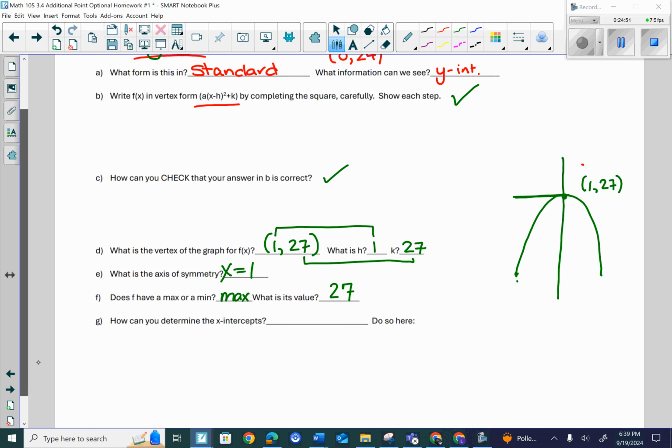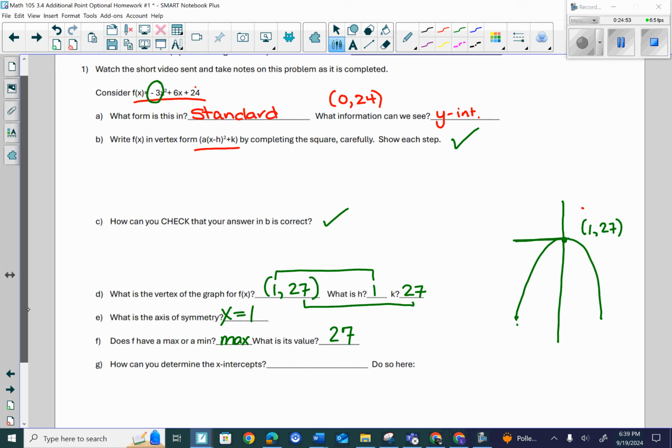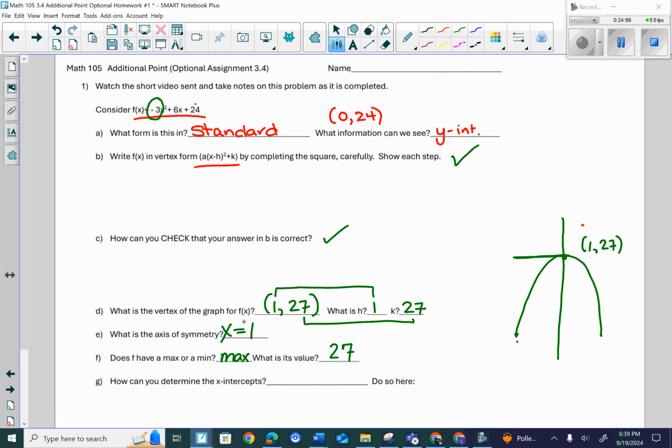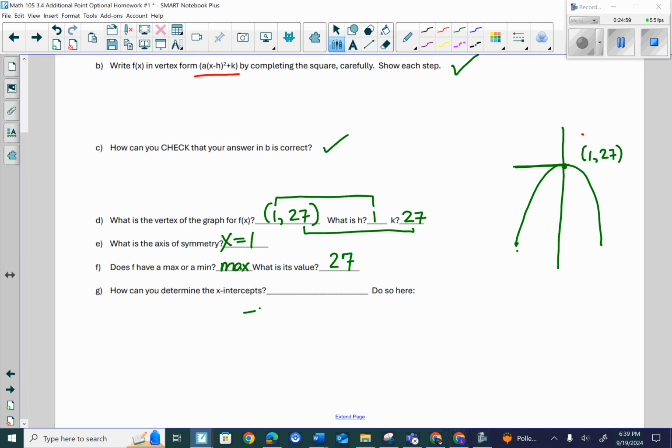And how do we find the x-intercepts? So we take that lovely equation, negative 3x squared plus 6x plus 24, and we factor it. So this is a different process than completing the square. We do our normal factoring and we take the GCF out of the entire thing. So I'm going to take negative 3 out of every term now,